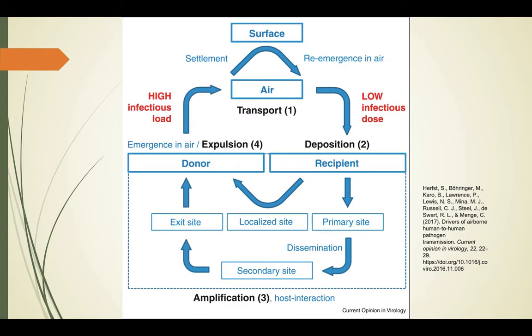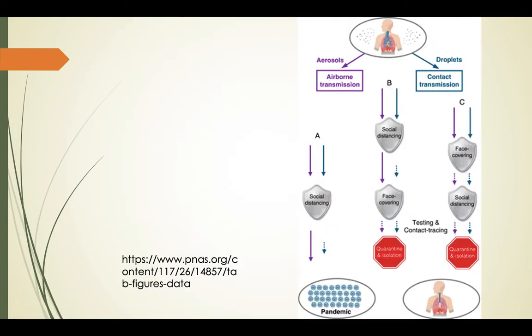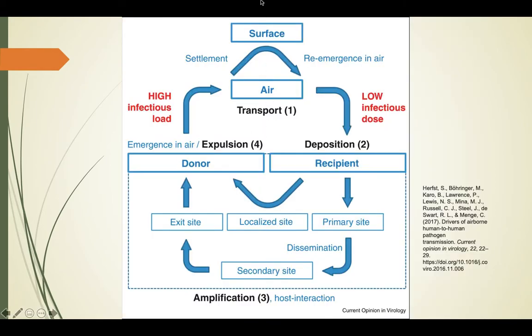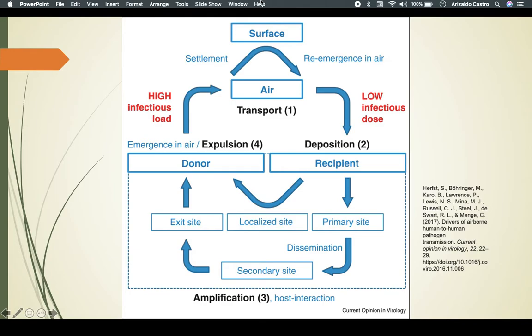That's a time that the pathogen will begin its search for an exit portal. So it will exit from the body of the recipient, and essentially the recipient becomes a donor. And the process begins, or the cycle actually repeats, provided that there's no interruption. Like what we've mentioned in these different scenarios, if there are interventions along the way, then we can prevent this cycle of infection